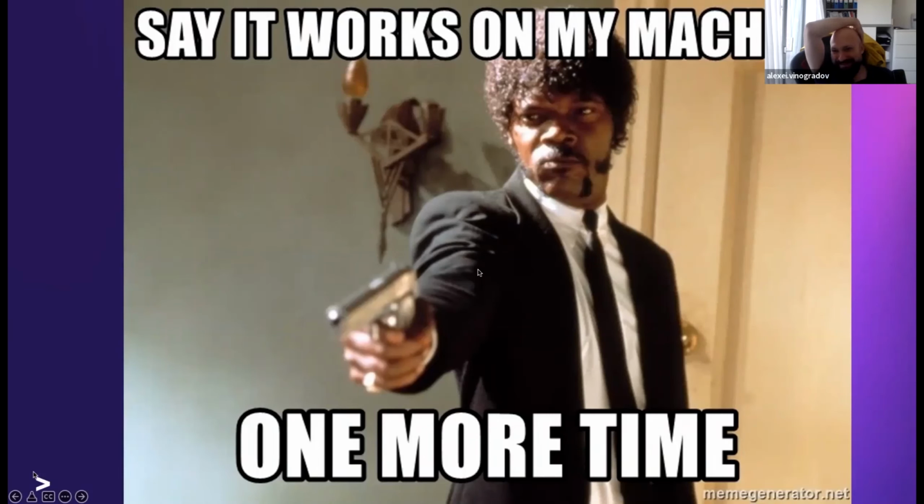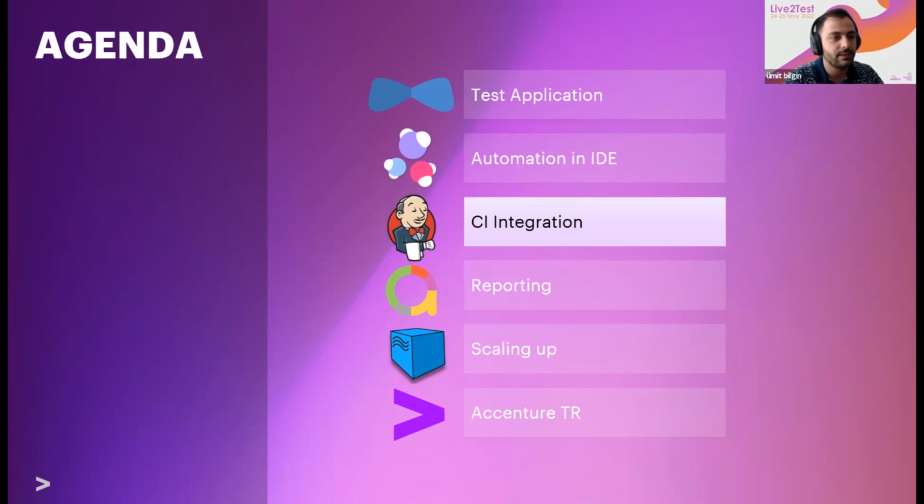Yeah, so as Alexei has already mentioned, it's not enough. First, we need to also integrate our code into a CI pipeline. But before jumping into the topic, let's discuss what CI and CD are. CI stands for continuous integration, and CD stands for continuous delivery and continuous deployment. Continuous integration is a practice that involves developers making small changes and checking if their code is working fine. So this is the first step.